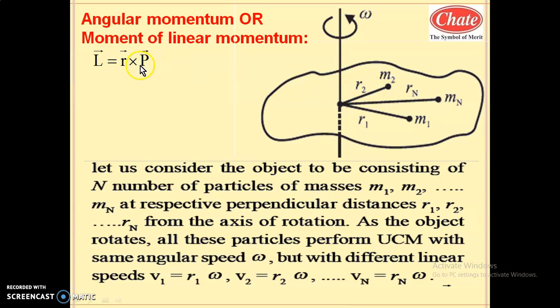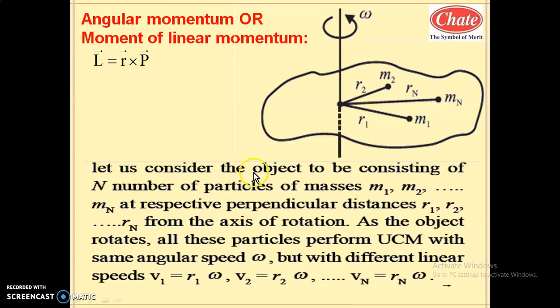So starting from our known equation about the angular momentum, that is L equal to vector r cross vector p. Here the angle between this r and p is 90 degrees because r is from the axis toward the position of a particle and linear momentum is tangential. So radius and tangent angle is 90 degrees. So sin 90 is 1. So its magnitude will be directly taken as L equal to rp and p equal to mv, that is mass into velocity. So see the write up of this.